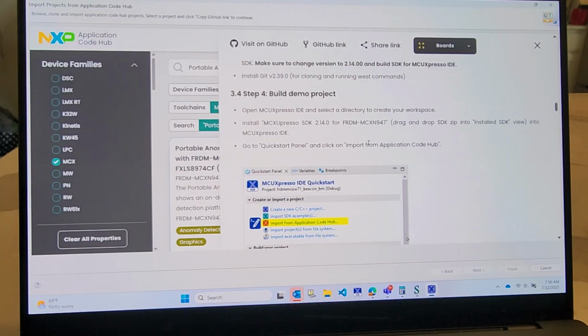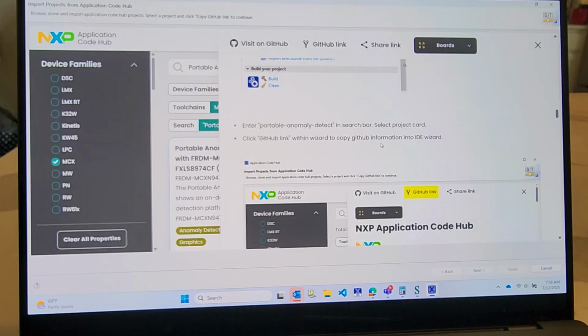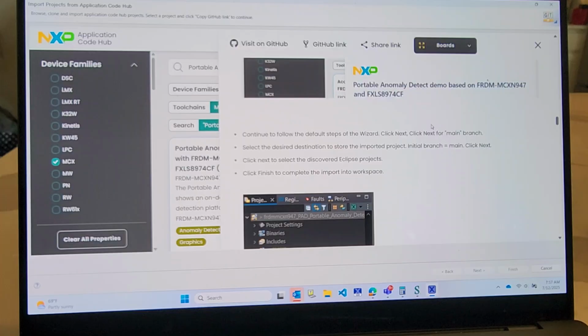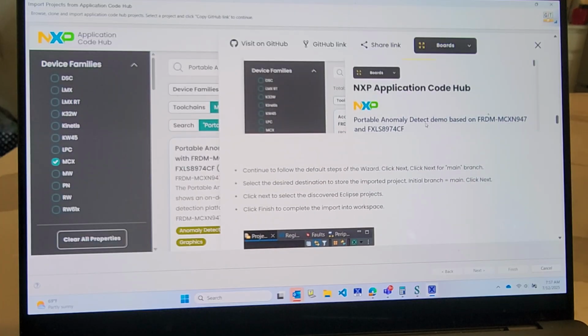So we're going to follow these instructions, and then we will get this project loaded here. So it looks like we're going to go over to the GitHub link and follow that methodology. So here's our GitHub link. So we're copying down here. We've got some stuff that was loading in. Once that's copied, the GitHub link, we're going to come over here and hit the next button,